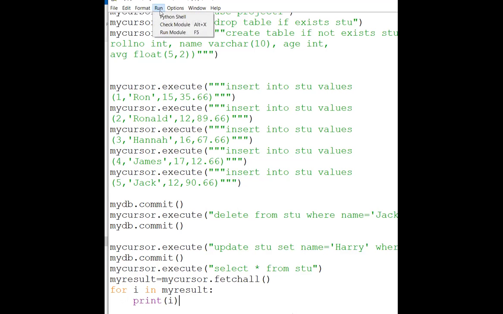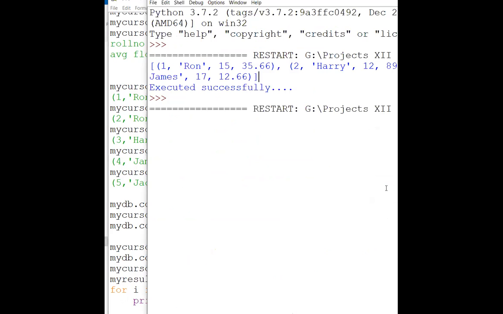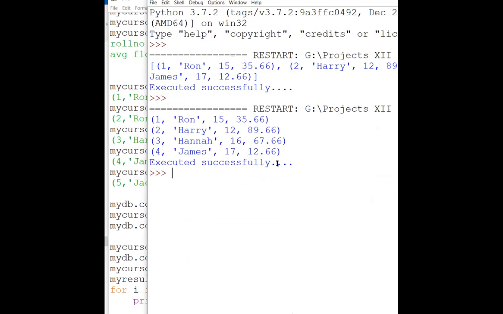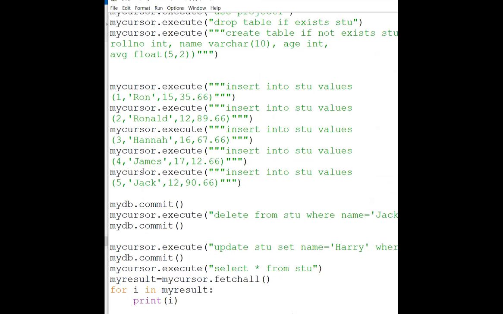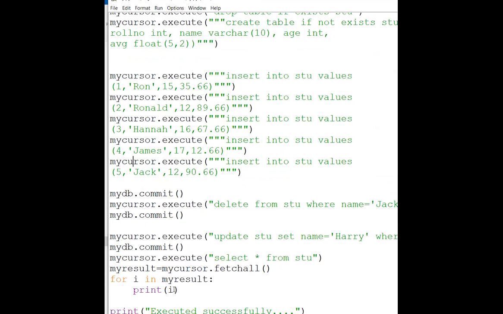Now what will happen with this statement? If I'm going to execute this, you can see. Now at least you will feel that this is more systematic. But again over here, my information is not so proper. Not so proper means still it is there in the form of a tuple, and I wanted to fetch each record separately. If I wanted to fetch each record, in that particular case, what I can do, I can take each value separately.